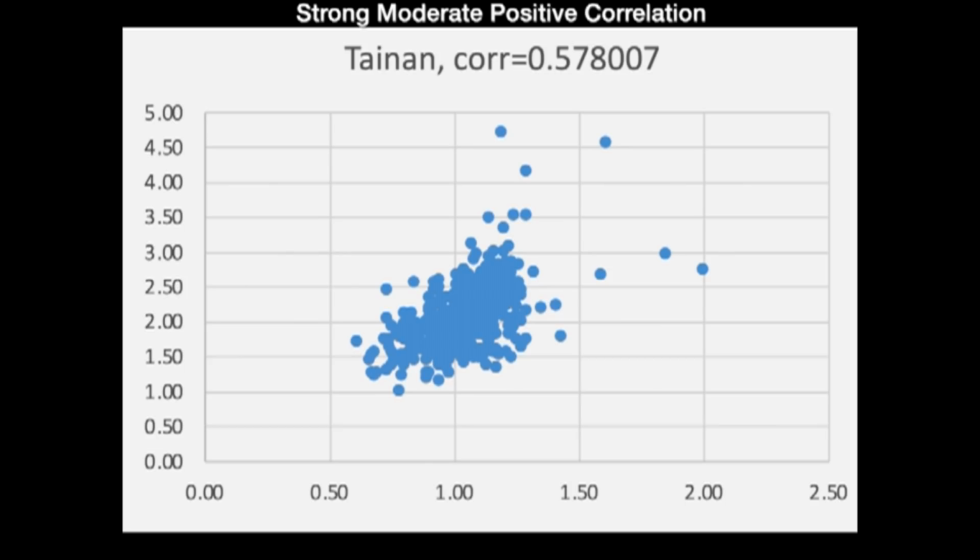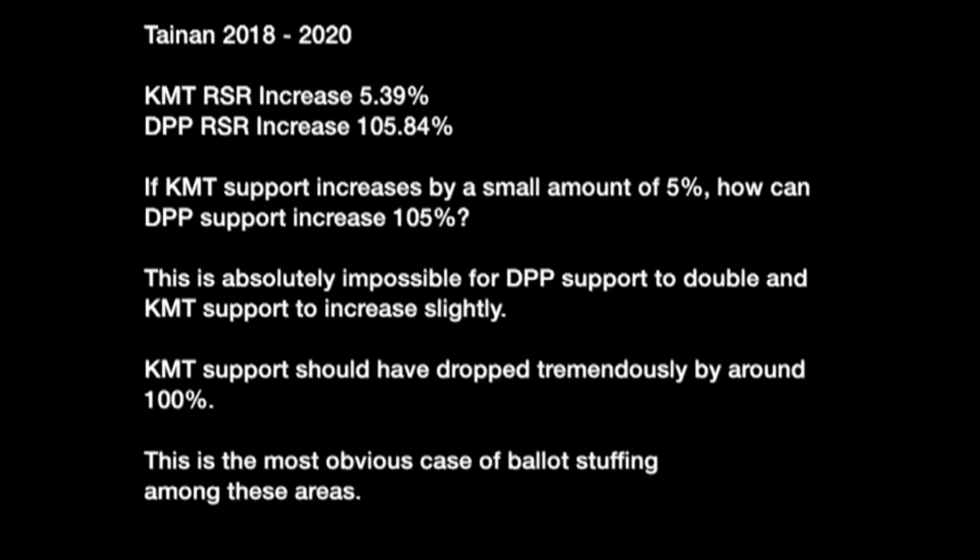So in Tainan, we see a strong moderate positive correlation of 0.57. And we can see that there's also a fair amount of ballot theft against Hangul. We can also see in this graph that in Tainan, the ballot stuffing percentage is also extremely high. So in Tainan, we see a KMT RSR increase of 5.39%. However, we also see a DPP RSR increase of